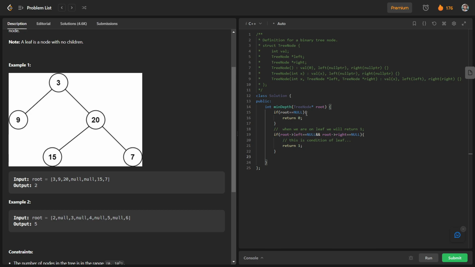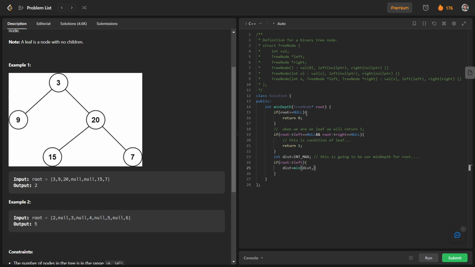Now we will have a variable dist. Let us initialize it with int max, and this is going to be our min depth for root. If we have a left path, if root of left is there, we will minimize the value of dist.